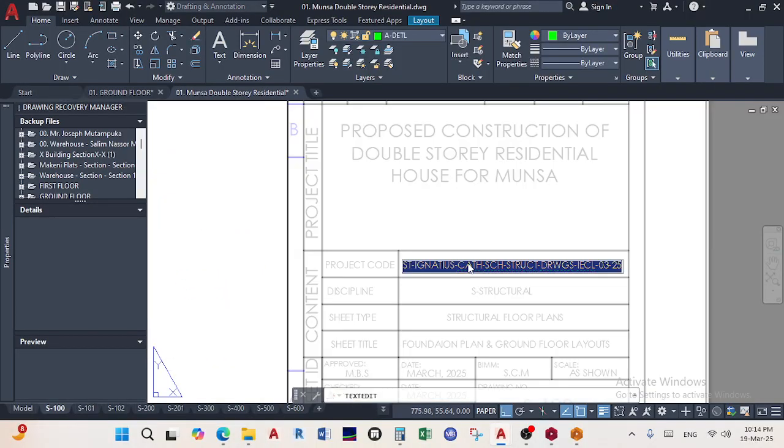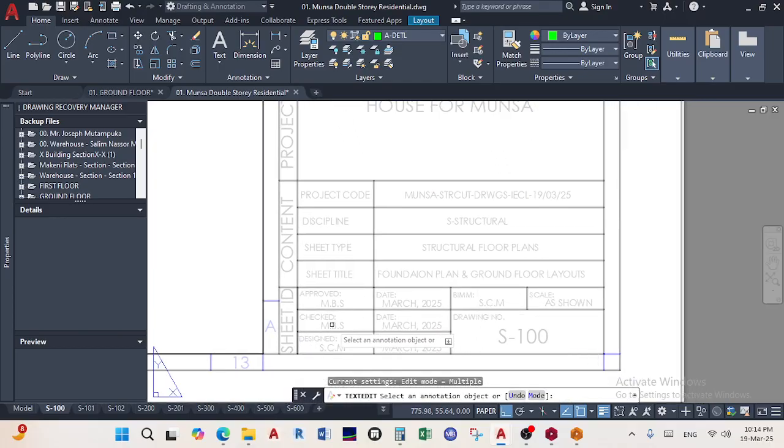Here the information I can change it as project code, monster, structural drawings, ACL. Can give it a date today. Today is the 19th, 03/25, floor plans, and so on and so forth. Can say MC, okay, and then